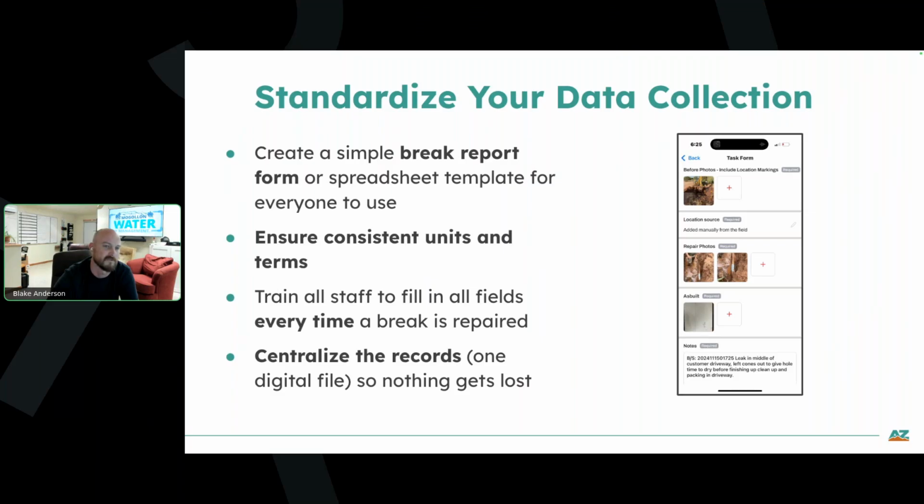And so then you want to make sure that everybody's using the same language. And so for instance, you always want to record the pipe diameter in inches. You want to pick cause categories that are standardized, like corrosion or third-party damage. Ideally, that language is the exact same every single time. So when you look at it in Excel or a spreadsheet, you're able to filter using a table and just eliminate the things that you don't want to see, because we don't really care as much about third-party damage if we're looking at, hey, is this infrastructure failing or not?